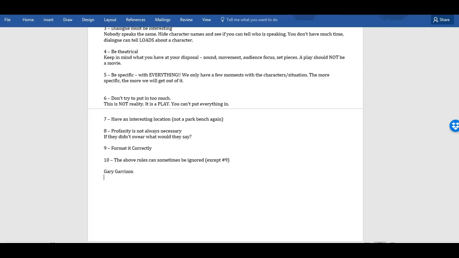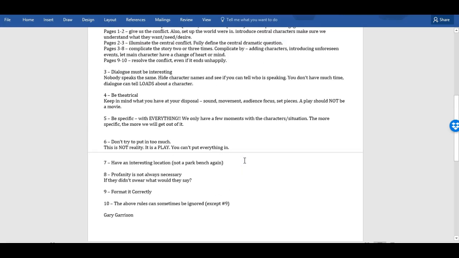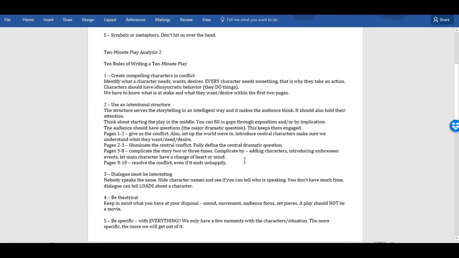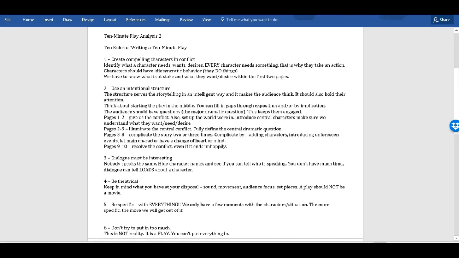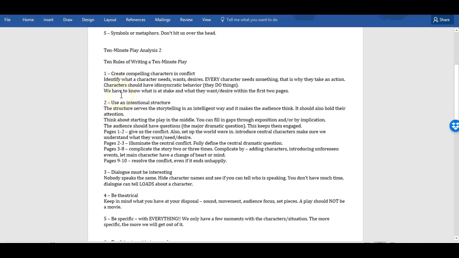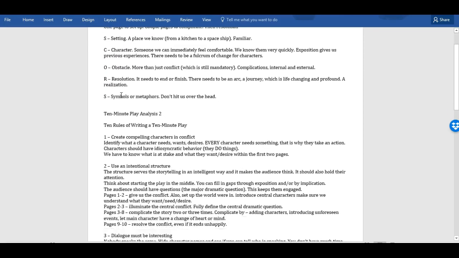Great guy. He used to be the head of playwriting at NYU. Used to be the head of the Dramatists Guild. Anyway, so here's what he says about the 10-minute plays. His book, The Perfect 10, tells you everything about not just writing, but also about producing 10-minute plays. So there's some repetition between this one and the other one because